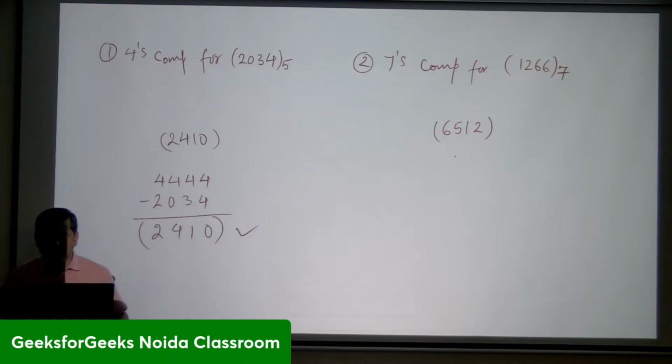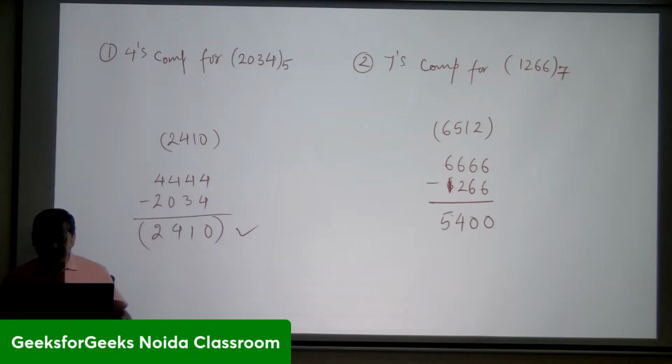For this, we have to compute the 7's complement. So what we do? 4 times 7 is subtracted with plus 1. Okay, so you just want to have the r minus 1 complement. So in that particular case, you have to apply 6666. If you want to apply r minus 1 complement then plus 1, then in that particular case you have to go for 6666 minus, sorry, this 1266, and in that particular case the outcome is going to be 0 0